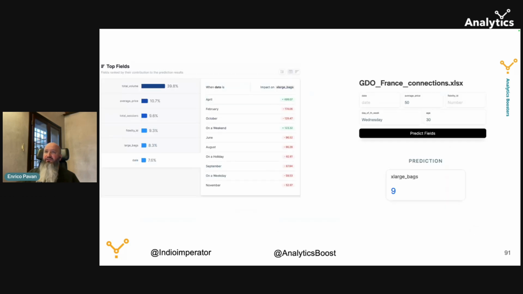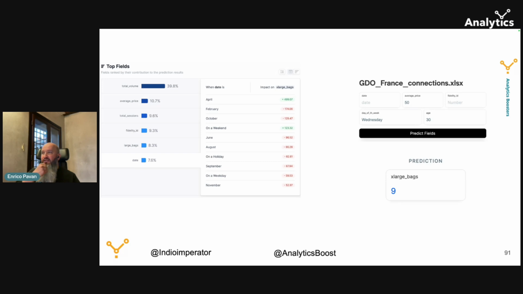In this case, I want to understand if there is any correlation between the dates and the impact on average order value on the e-commerce. And I can see, for example, that this highly impacts the average order value.